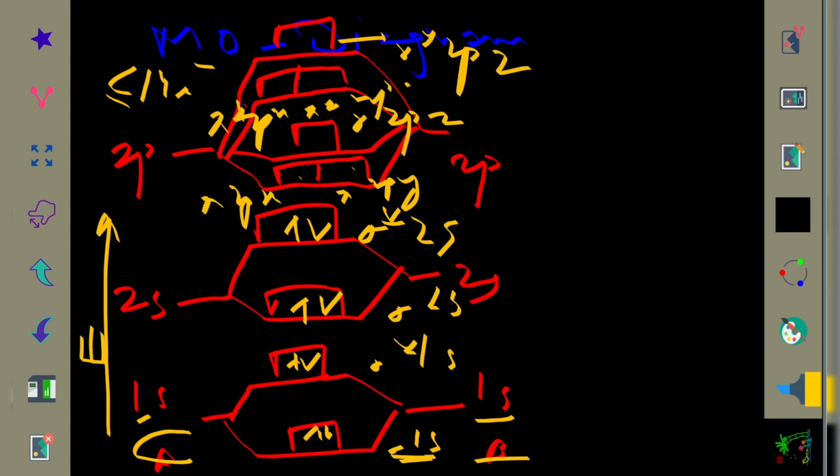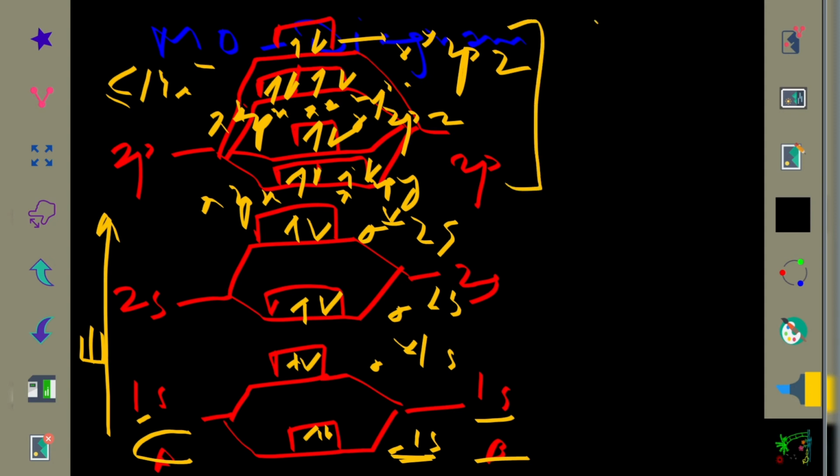So here again, how to fill electrons: 1 electron each. If there are more electrons then do the pairing, then go for the 2pz, do the pairing, and if more electrons are there then fill 1 electron each first and then do the pairing. Okay, this way we have to fill the electrons for a molecule having 14 electrons or less than 14 electrons.